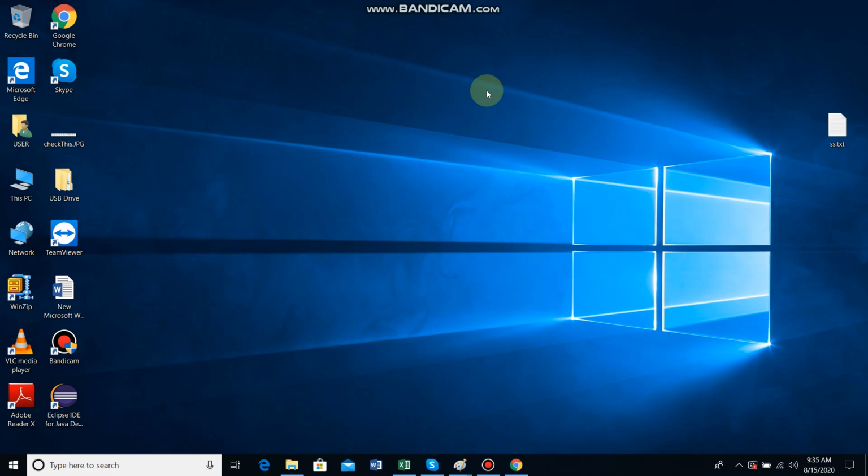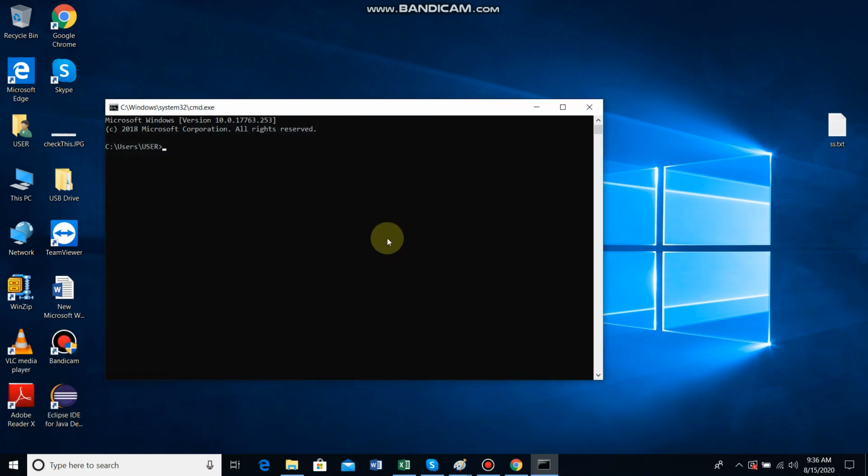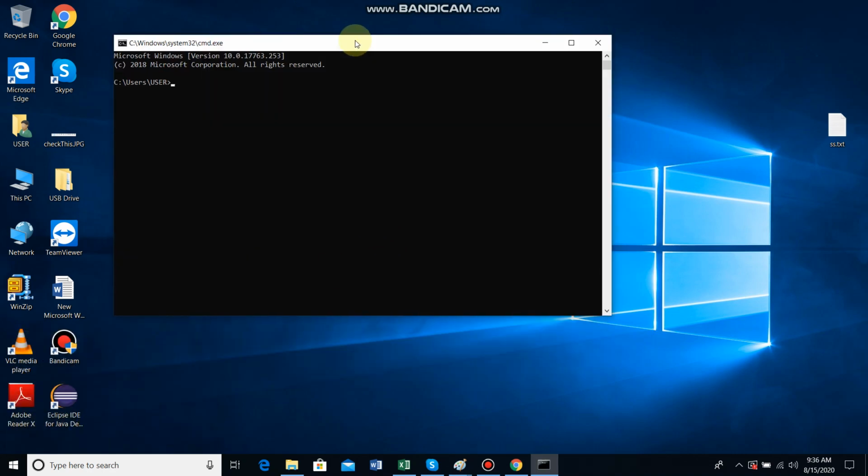So press the Window and R keys on your keyboard, type CMD here and click on this OK button, right? You will get this command prompt. Here just type java -version to check the Java status. So here you can see the Java status, which means you successfully set up your Java. If you still didn't install and set up Java on your machine, you can refer to my previous tutorial on how to do that.